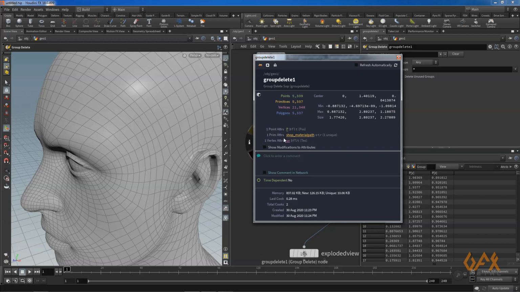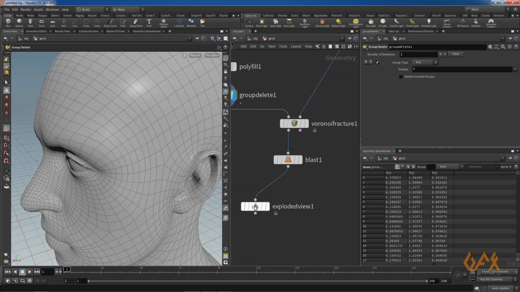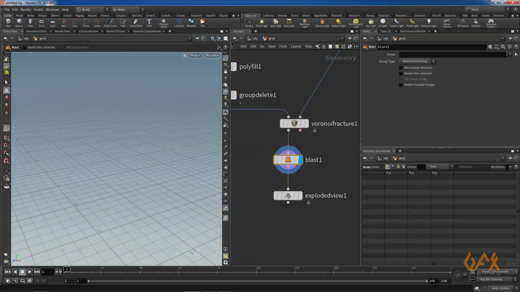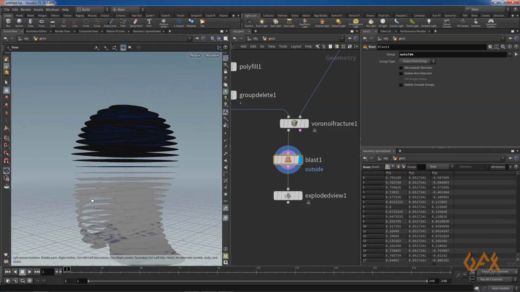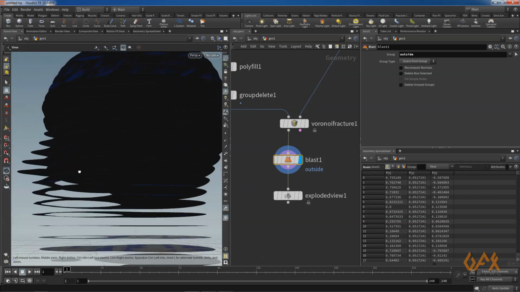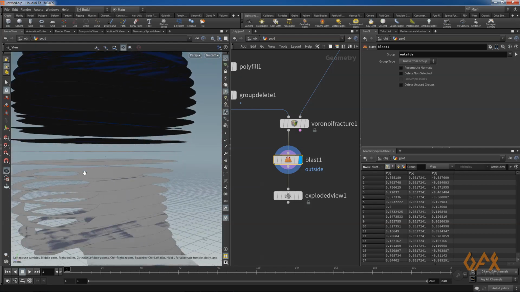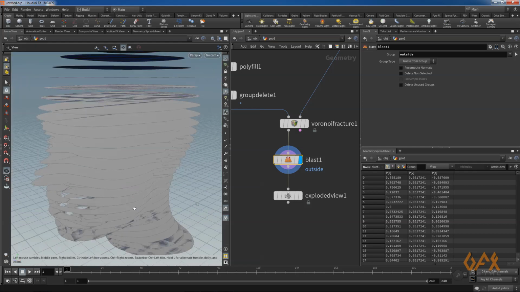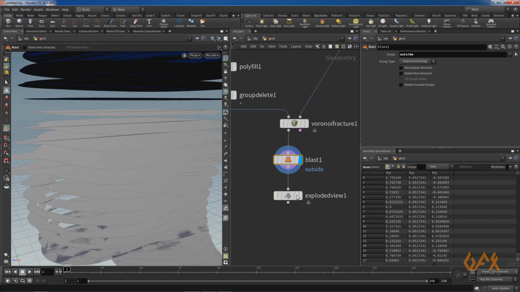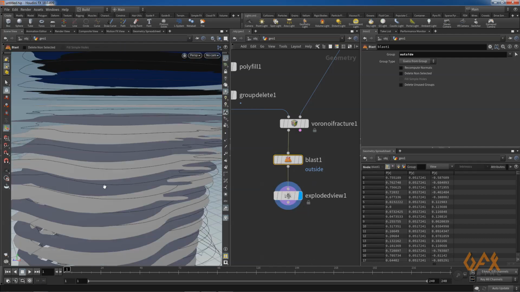Now over here you don't find any group. So that's how, if you don't need any group, you just delete that group. Now over here in blast, I just set outside. Okay, so now I find that some inside plates are there, inside primitives are there. But the problematic thing is that if you see the exploded view over here,